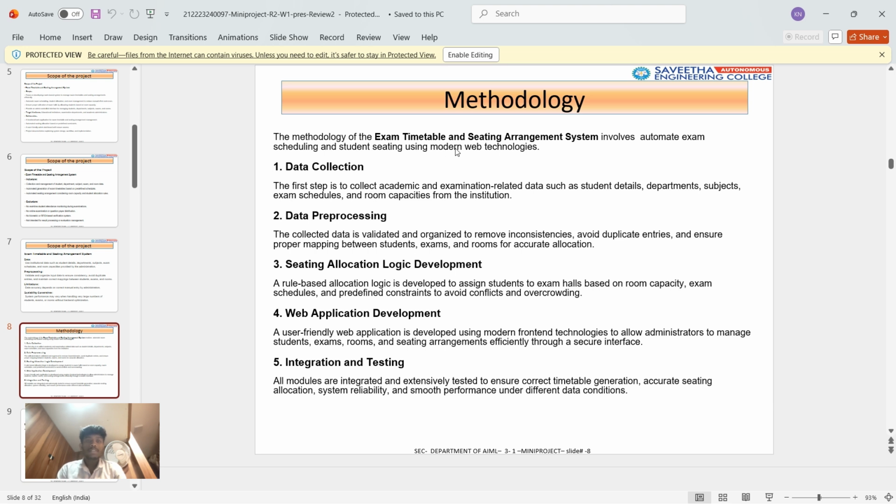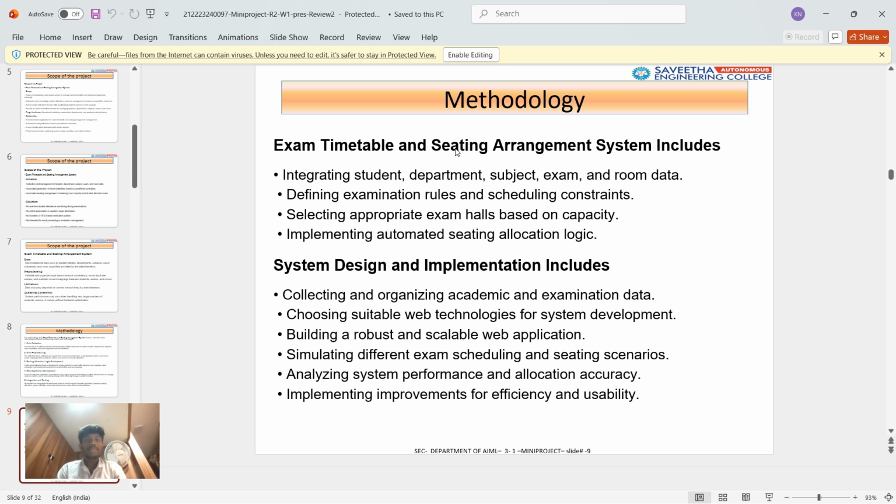Data processing, seating allocation, web application development, integration and testing are the stages of creating this mini project. The exam timetable and seating arrangement system consists of integrating students, department, exam, and room data, defining examination rules and scheduling constraints, selecting appropriate exam halls based on capacity, implementing